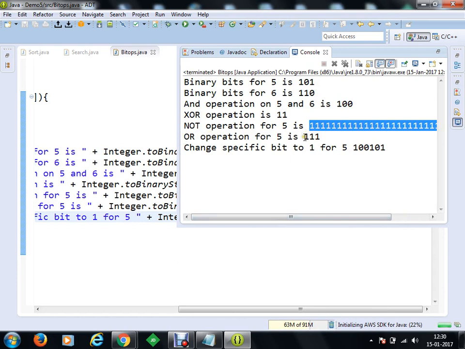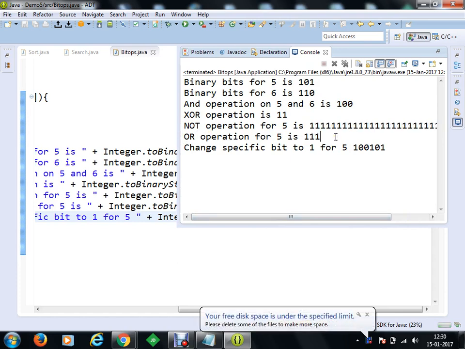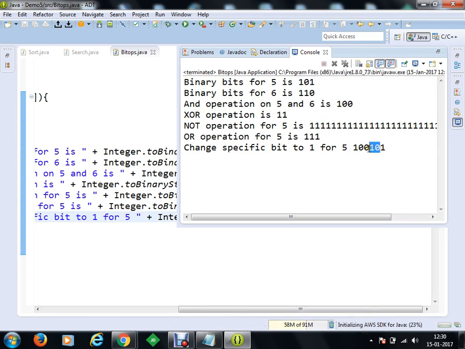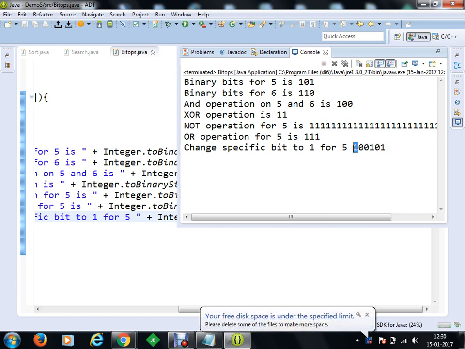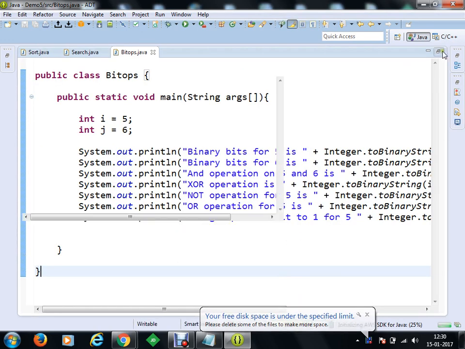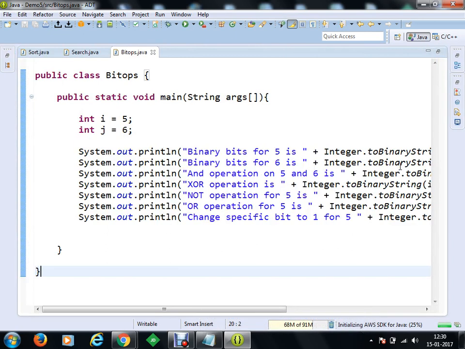OR operation, you have got the OR operation as well, and since you wanted to change the specific bit of this value 5 to 1, so we have this 0, 1, 2, 3, 4, 5, and the 6th bit has been changed. So we have provided the index number 5, but the 6th bit has been changed. Okay, clear? So I hope you understand how binary operations can be performed using bitset and toBinaryString.